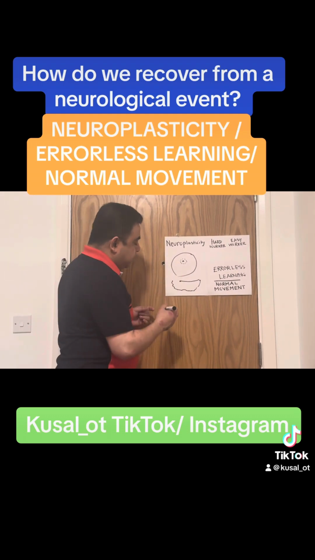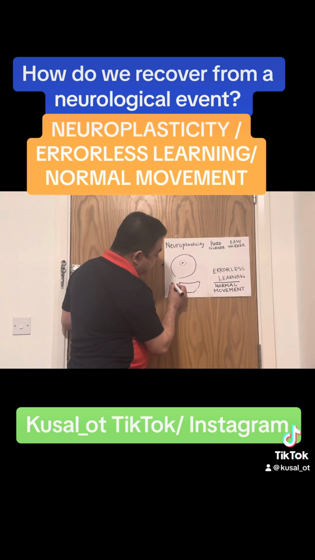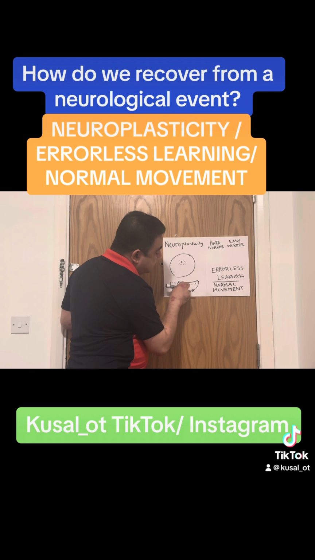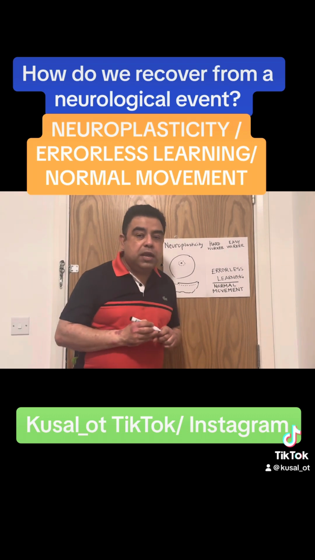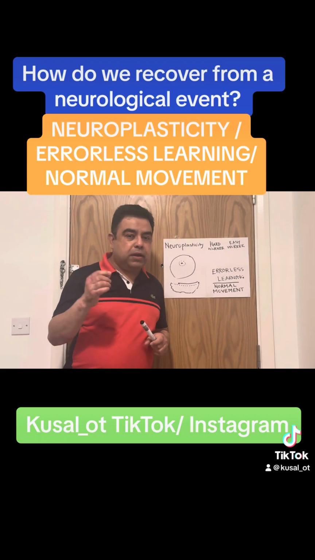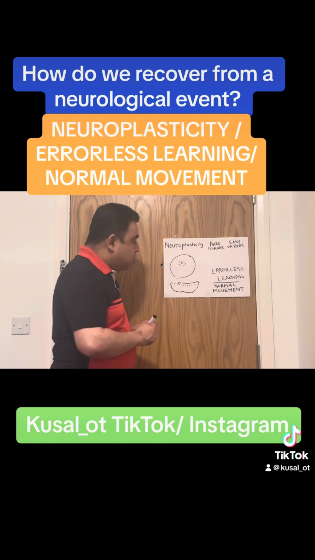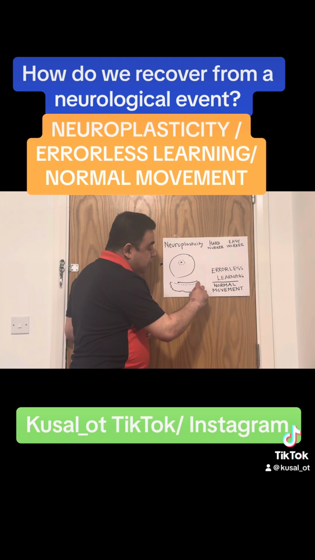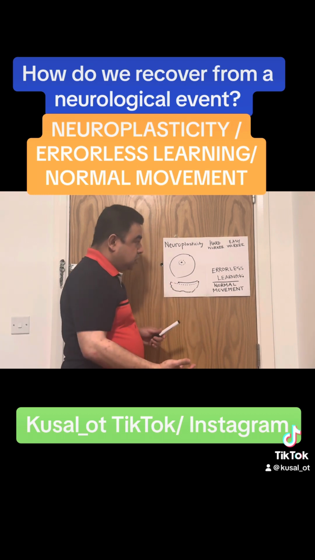So what the therapist can do is teach the brain to develop a path that is as close as possible to the original path. It might not be 100%, but it will be near about. If it is a long path, it is slower, but if we can get a shorter path, the process is quicker.